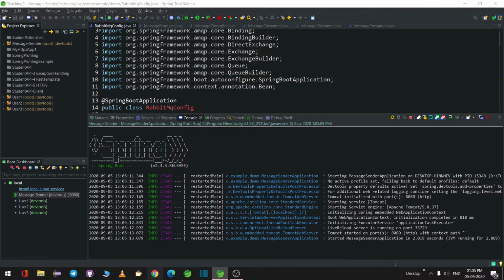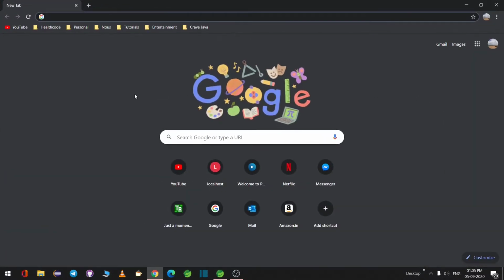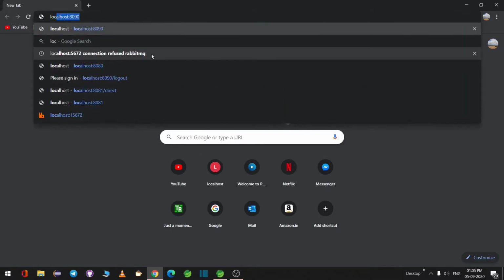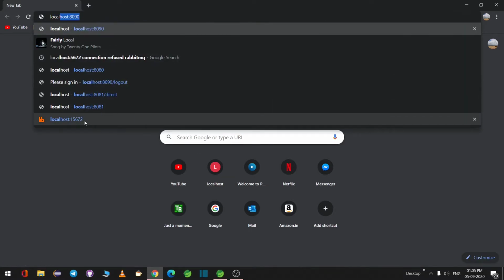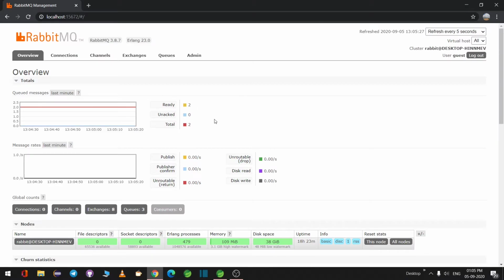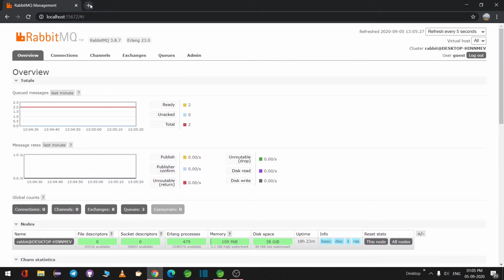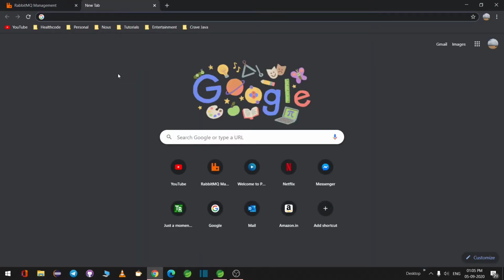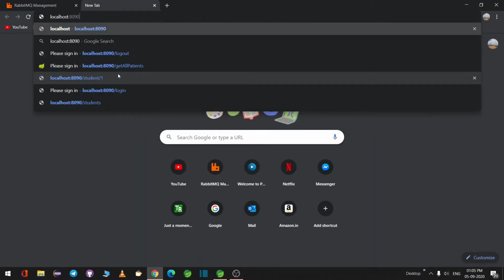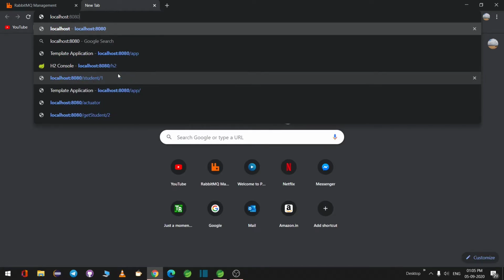Let us go to RabbitMQ, which we have seen earlier, at localhost 15672. Directly log me in. As you can see, when I hit localhost 8080, it says message sent successfully.